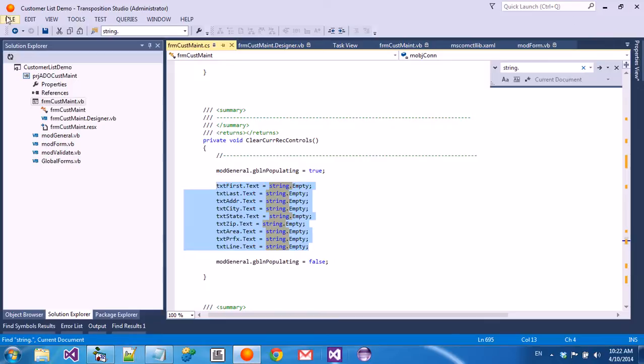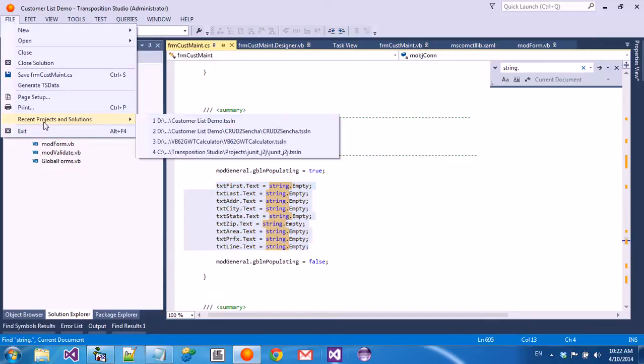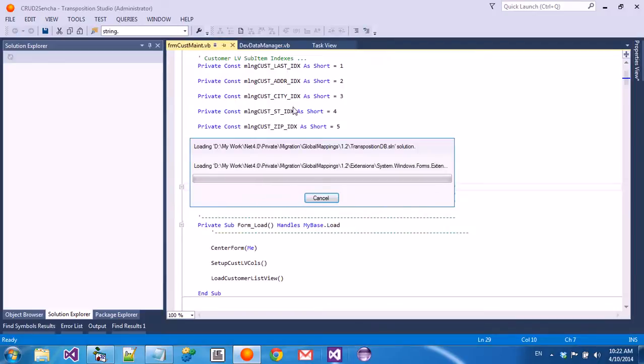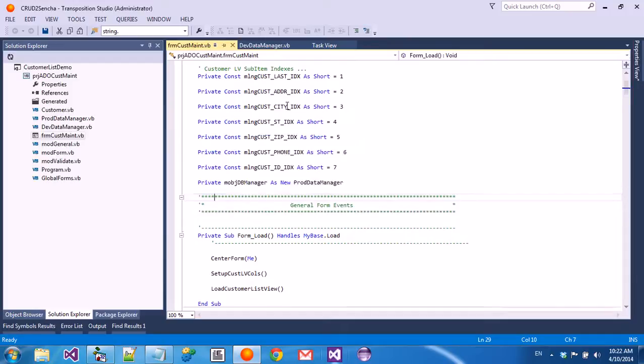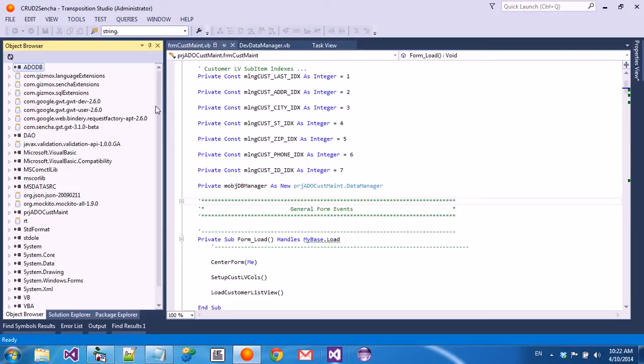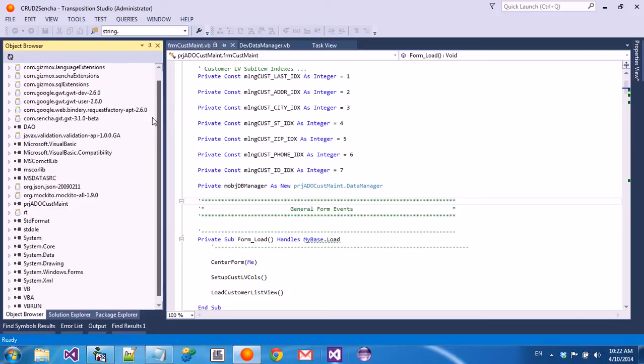So let's open a different solution. This time I will open the crew to Sencha solution, which is the same application, but now we're taking that application into Java, and I'm going to show you a bit of the differences in this application. First of all, if we go here to the object browser, you can see that now we have two kinds of